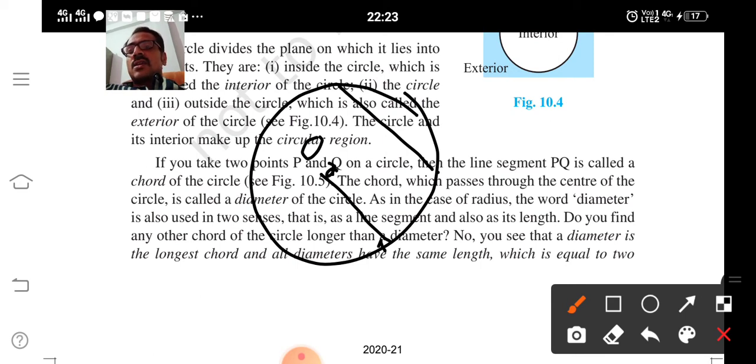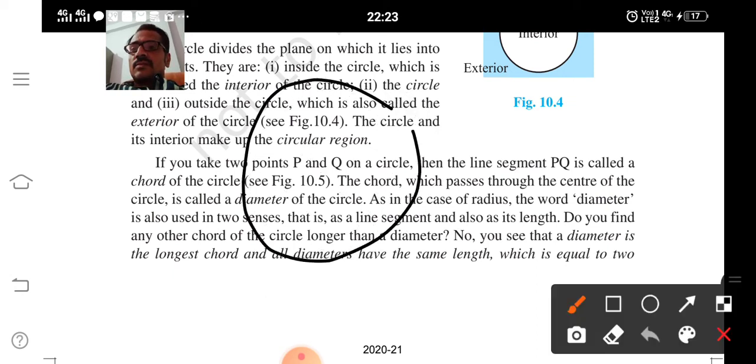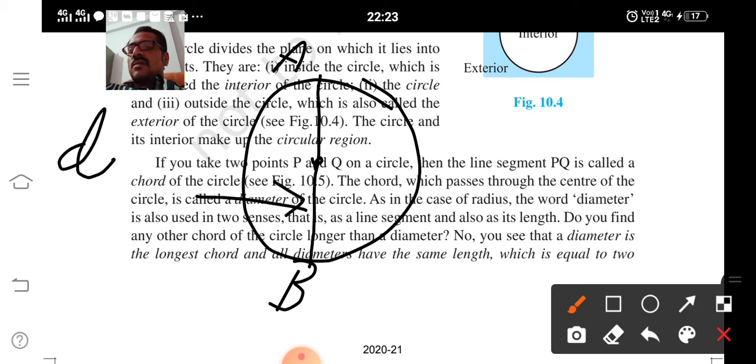A line segment joining any two points of the circle is called a chord. Any two points we can consider. If I consider these two points, then this line segment will become a chord. If I consider this, it also will become a chord. And if I consider this line segment, then this line segment is called the